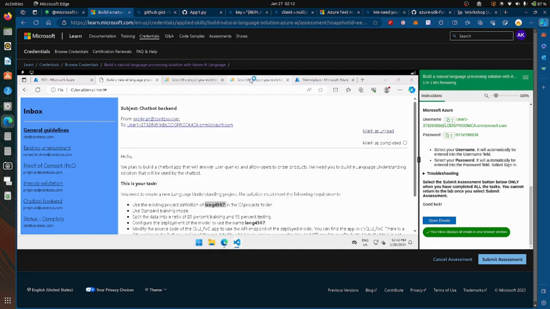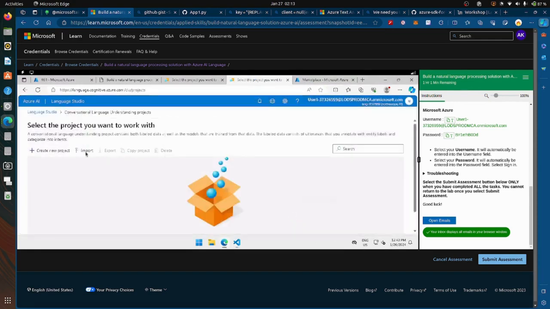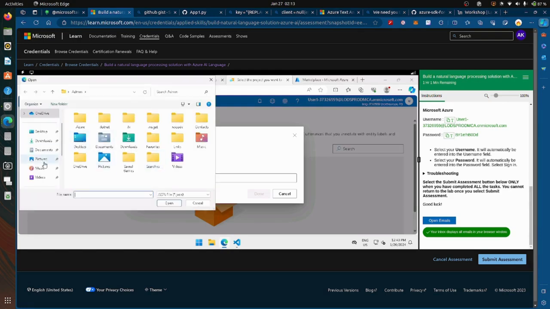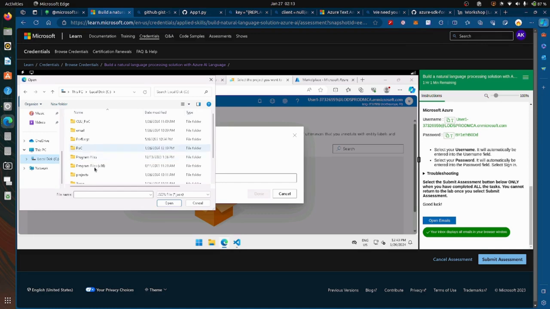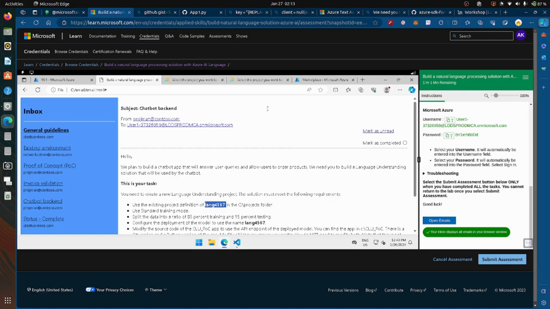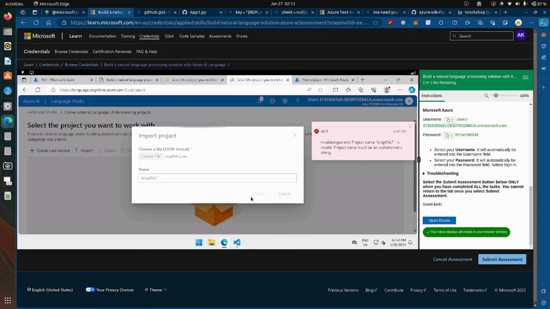So there might be an option to use the JSON. Let me just check. Import. Okay, we have to import it. So let me just choose the file and go here, and in the projects, we have this template that they already gave us, and type the name here. So in the name they suggested this one, so copy this one and paste it right here. So done. Alright, so we have to remove the white space, and then done,